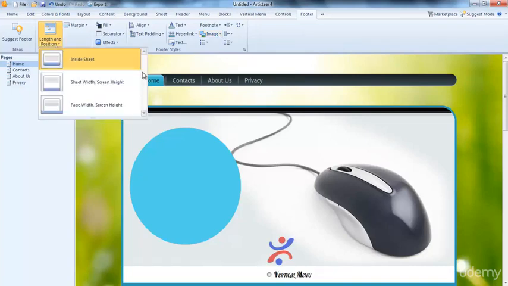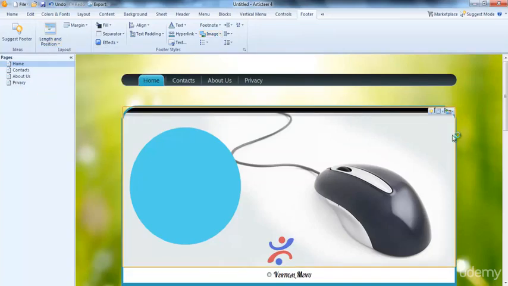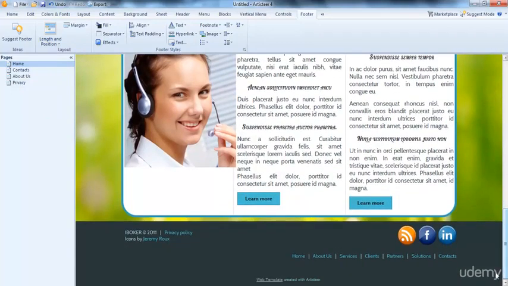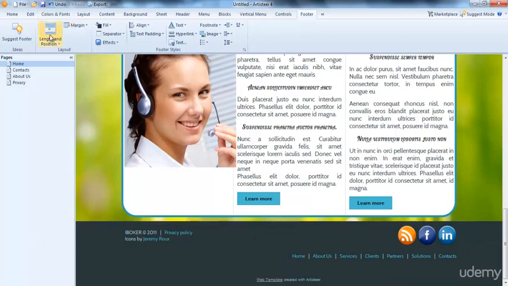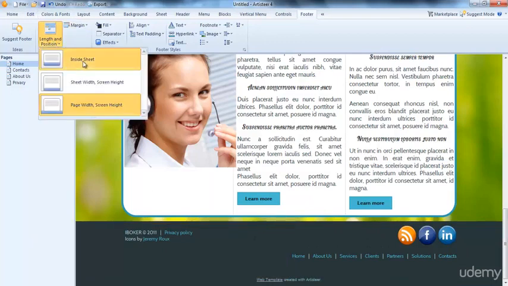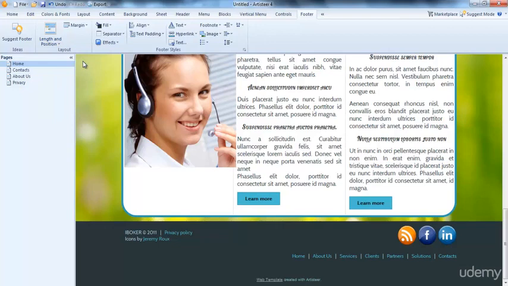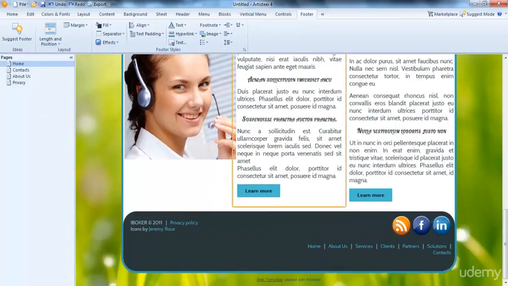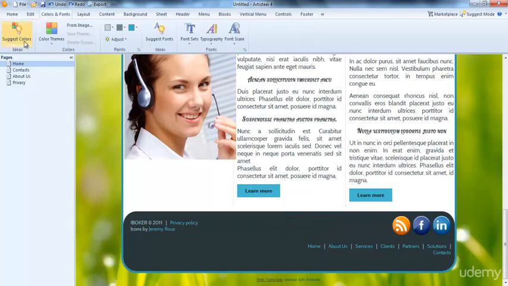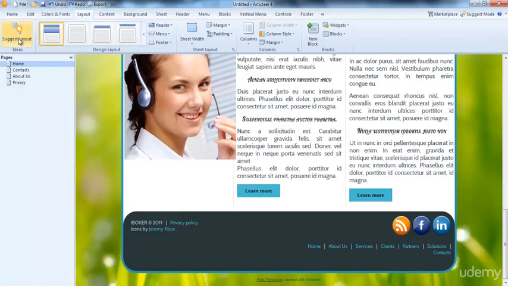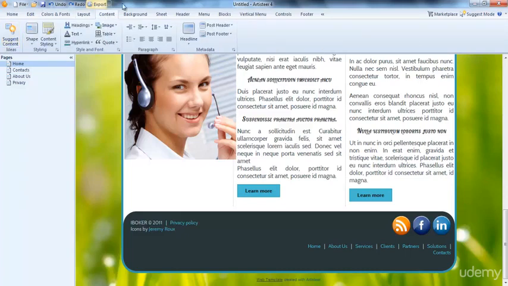You can change the position, for example. You can see. I will change it again. Inside sheet, and here we are. Okay, and if you notice, in each tab you have this button, suggest button. It will help you to get new ideas.